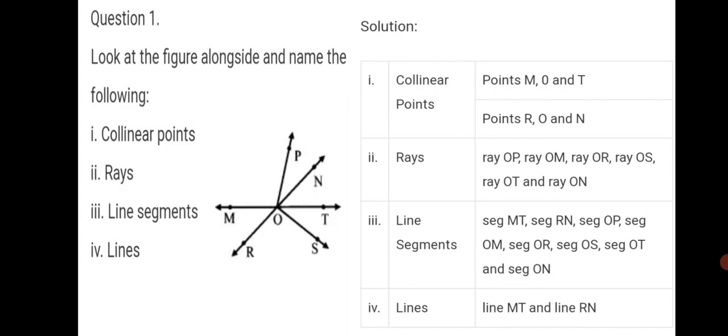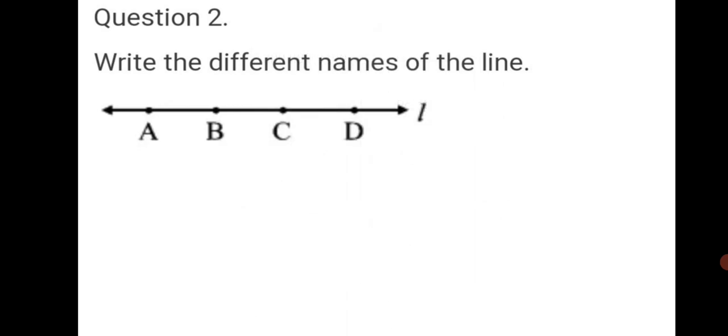So remember students, the difference between lines and line segment. If arrowheads are marked at both the ends, then that forms a line. If there is a point of origin and an arrow on the other side, it's a ray. And if there is a ray or a segment where you see 2 points marked on it, it is called a line segment. So like this we have completed our question number 1. Let's move on to question 2.